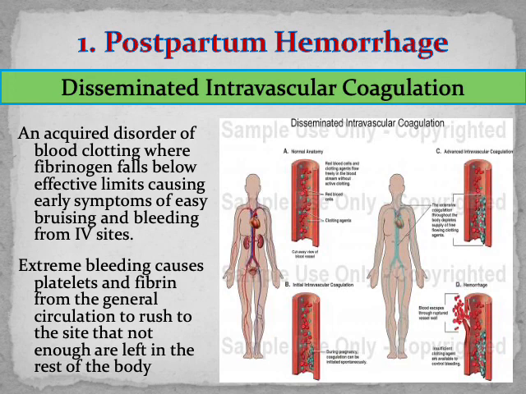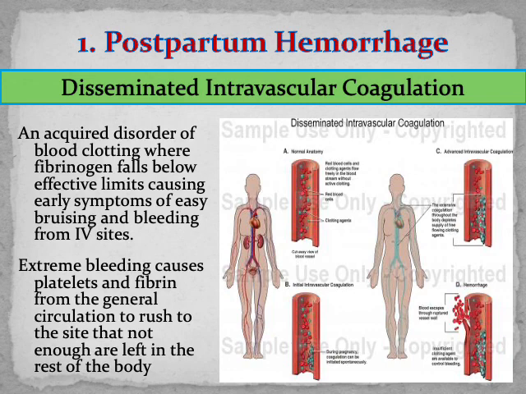Now, dahil nga, in general or as a summary, wala na kasing effective na nagpapaklot dun sa other sites of the body. No? Kaya DIC results in a paradox. At one point in the circulation, there is increased coagulation. Na-consume na niya lahat, pero dun lang sa body part na yon. But throughout the rest of the system, bleeding defect exists.